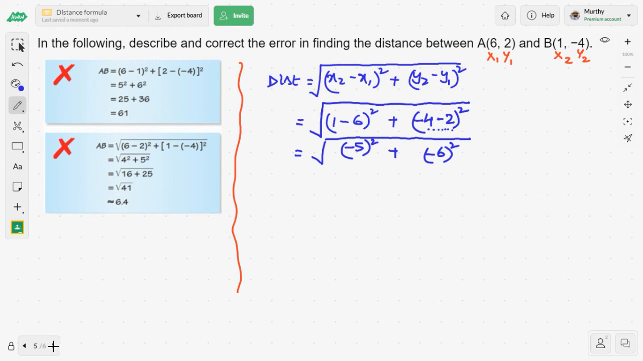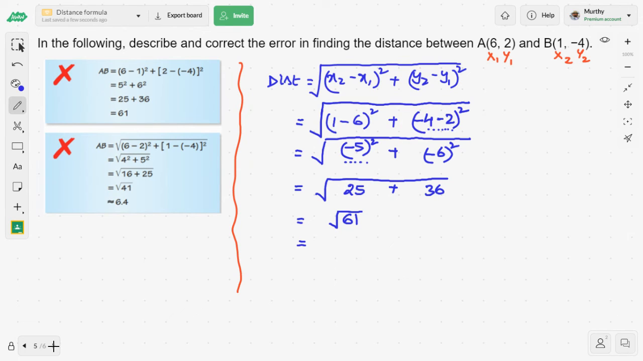So negative 5 squared means negative 5 times negative 5, that gives me positive 25, plus negative 6 times negative 6, that gives me positive 36. So let me add them. Then that gives me 25 plus 36, that is square root of 61. And let me compute what is the value of square root of 61 on my calculator. Just let me grab my calculator. Then square root of 61,